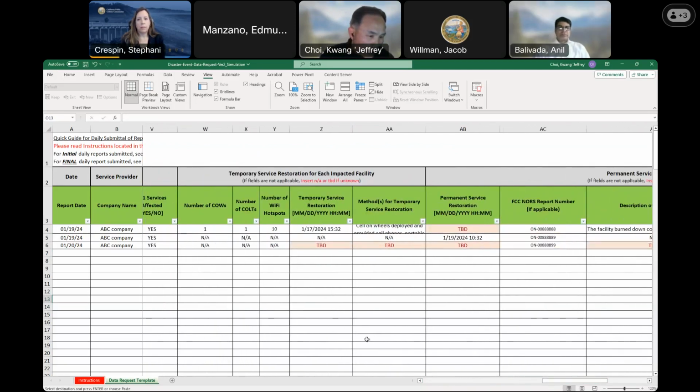and then maybe if you restore this one permanently, then you can put it here, maybe 1/20 to 4, 2.4. And then okay, let's copy this one.